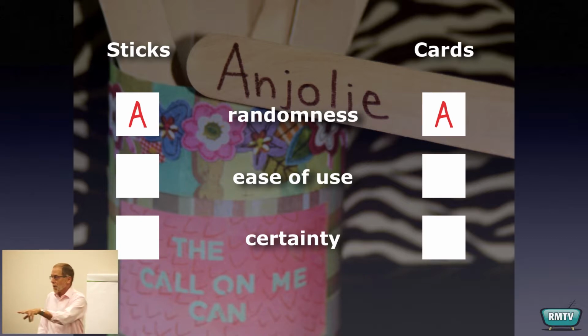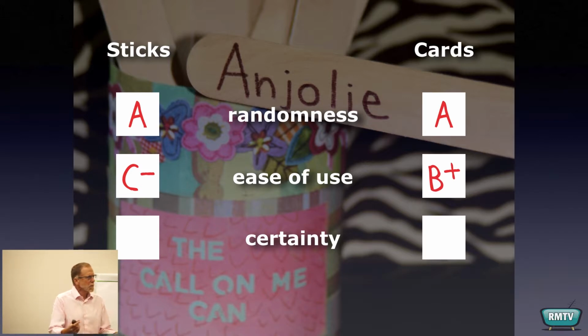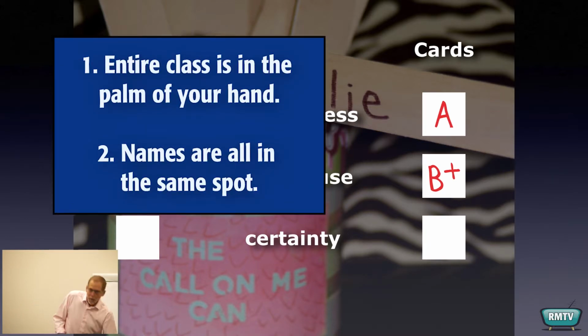Now here's what starts to break down. Bless you. I just found the can of sticks kind of clunky to use. It's like, here's the stick, pull it out, where's the name, where do I put it? And what I've learned is that if something's easier to use, I'm more likely to use it. And I found a set of cards very easy to use. And by the way,